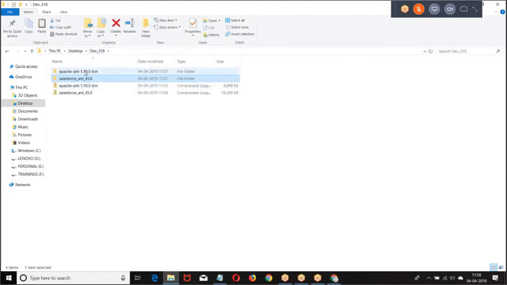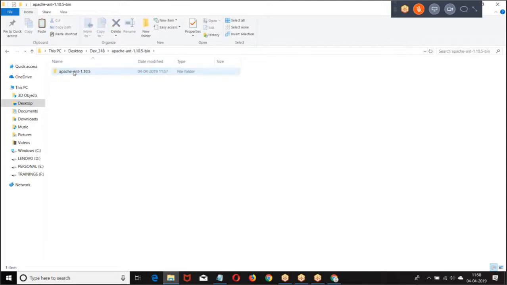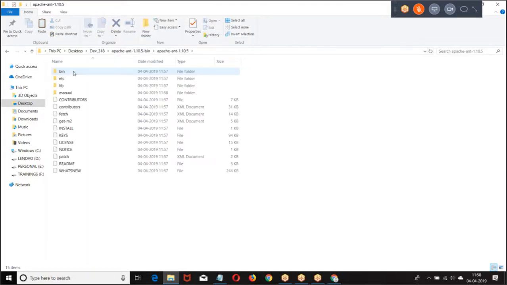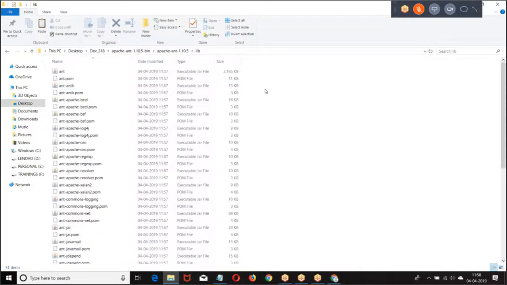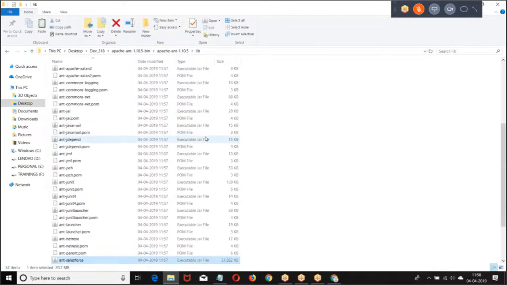Copy this file and go to Apache Ant, then we have lib. In the library, paste. So whatever the ant-salesforce jar file was there, copy that file and paste it into the Apache Ant library. This is the first configuration you have to do.